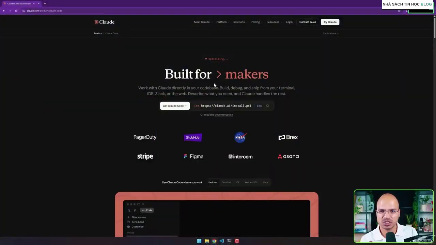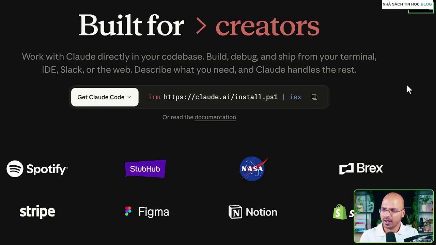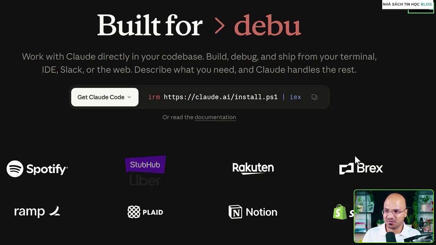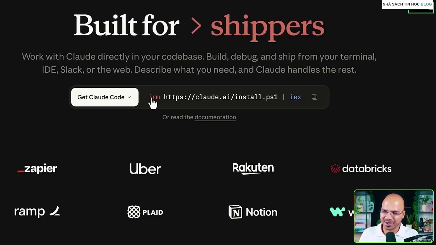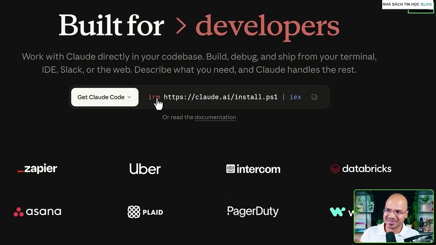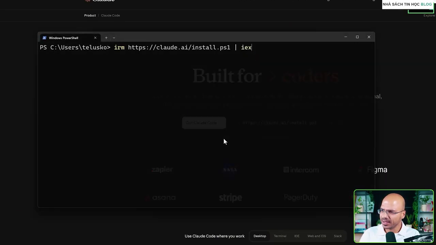Now, for this machine, which is Windows, I can simply copy this command, straightforward command. And since Claude Code is going to execute on your system, it's going to change the files, this is how the command will look like. I was not sure about what IRM means. I just did my search and I got to know there's something exists like this. Anyway, so let's go to terminal and execute this command.